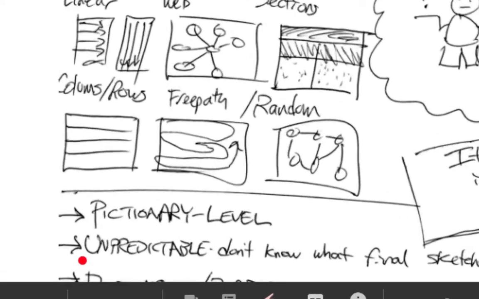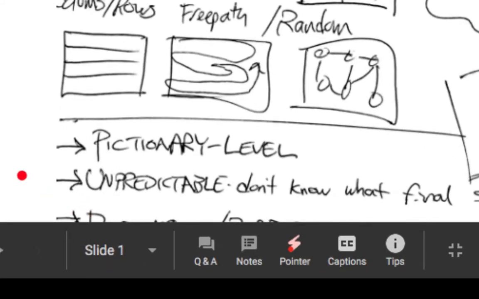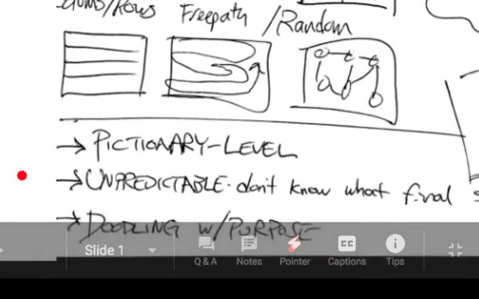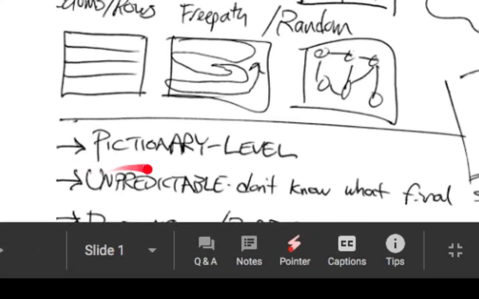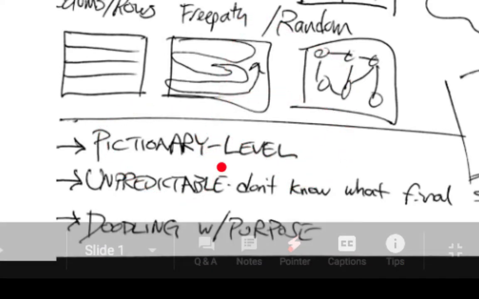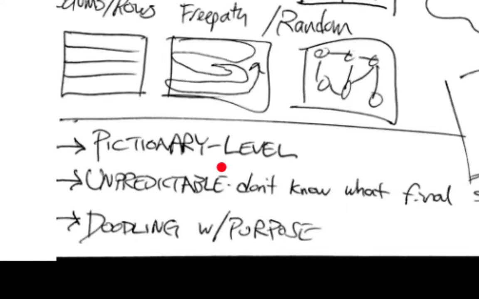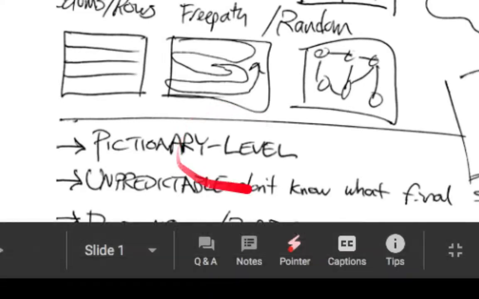Okay, let's keep going. What's the main point? I like to say Pictionary level. If you think of the game Pictionary, the person whose turn it is to draw, there is a word in front of them written on a piece of paper. His or her team does not know what that item is. And they have to draw something so that his team will say the word. So it's okay if it's not a perfect apple, but as long as you can get the idea apple across, that's all we are going for.